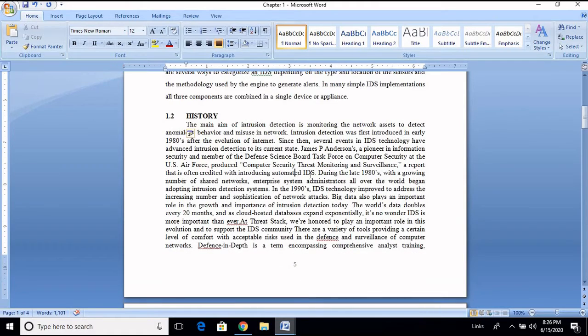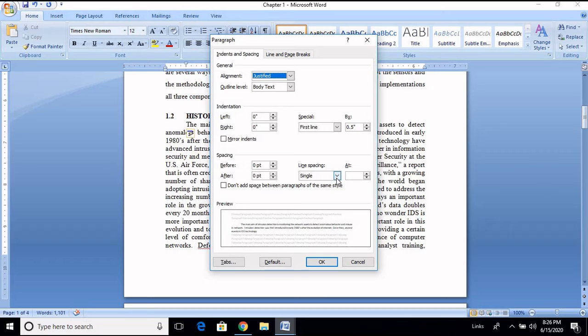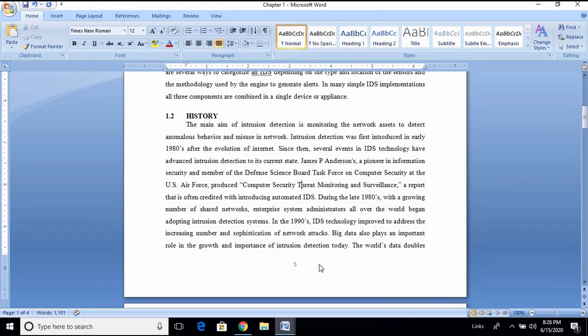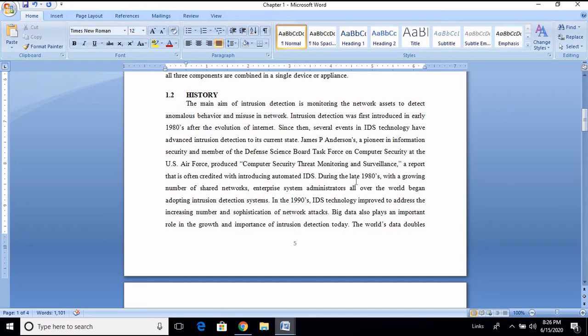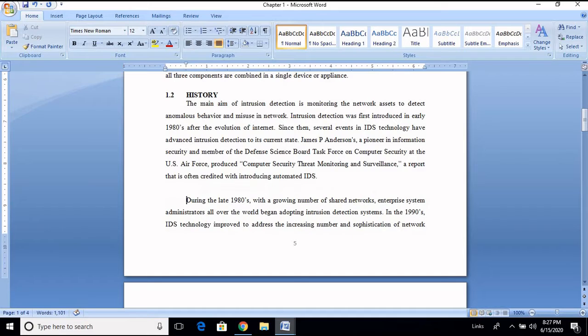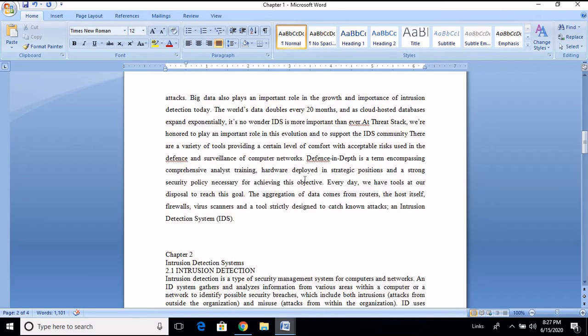After this, the line spacing needs to be 1.5. So right click this, go to paragraph, and in line spacing select 1.5. Okay. Suppose you feel that the text is very big, you click somewhere. For example, it is too big, right? So I will use it here, during the late 90s. One big paragraph has been broken into one more. Here also it is too big, so I can break it here.